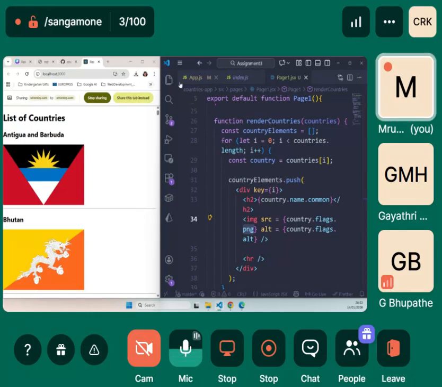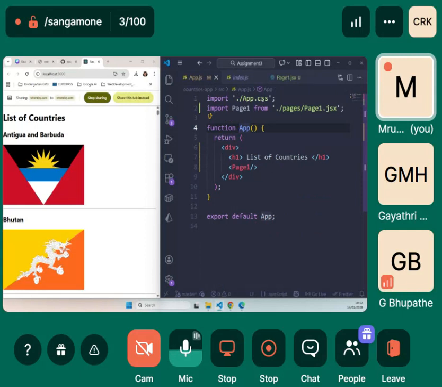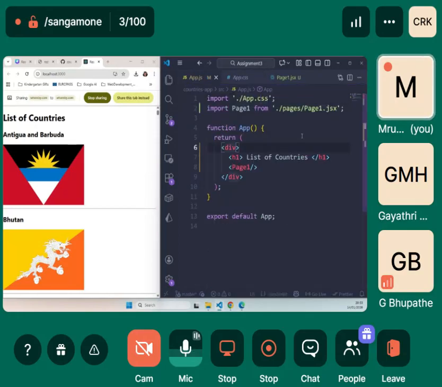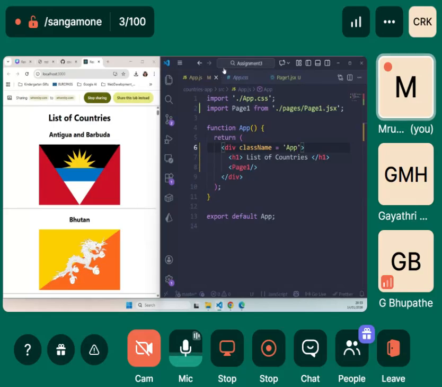So what we do is we go to the app.css page and we have here dot app. So we go to app.js and here we say className is equal to app, and we have everything in the center.